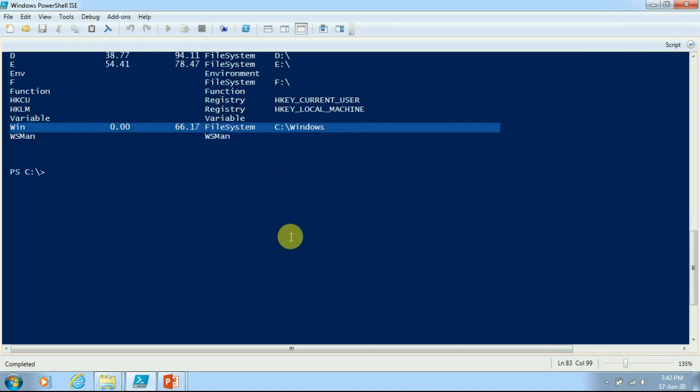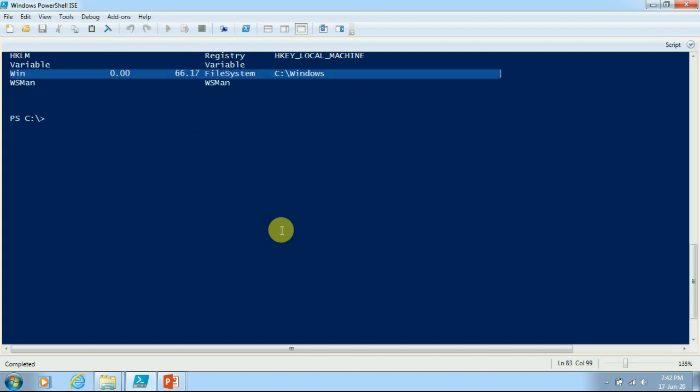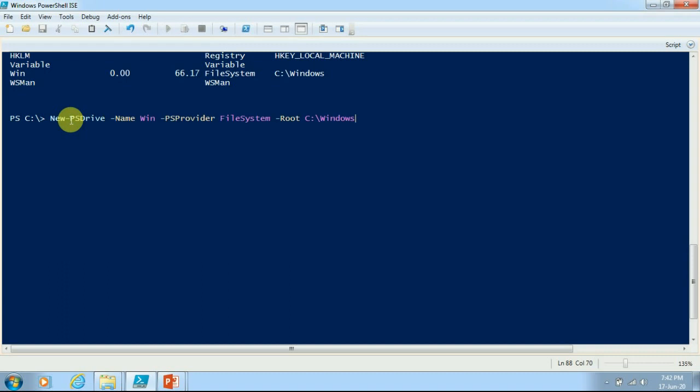And if I want to create a PS drive for a network path, we can use the same commandlet. In this one I will have to give a name here like netdrive.